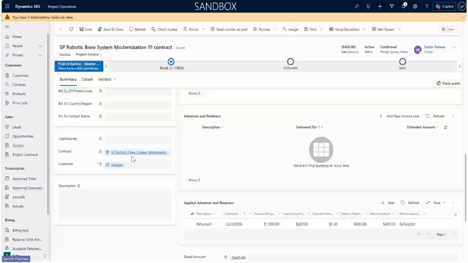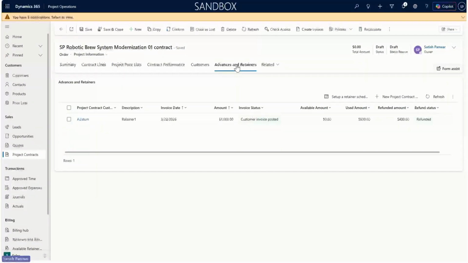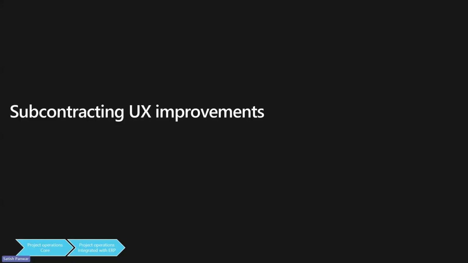Let's go back to the project contract and see what happens on the advances and retainers. So here we can see now the available amount is set to 0 and the refund status is now refunded. This concludes the refund. Next, we want to talk about another feature, which is again related to user UX improvements